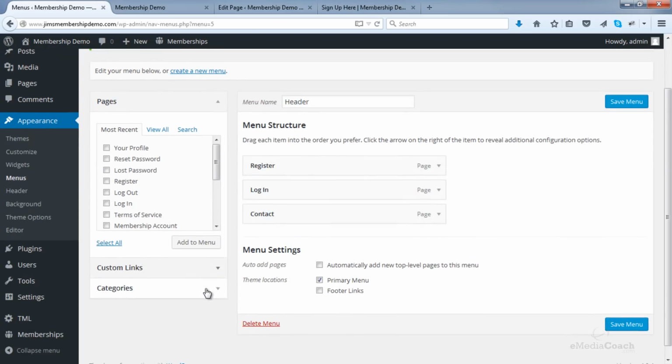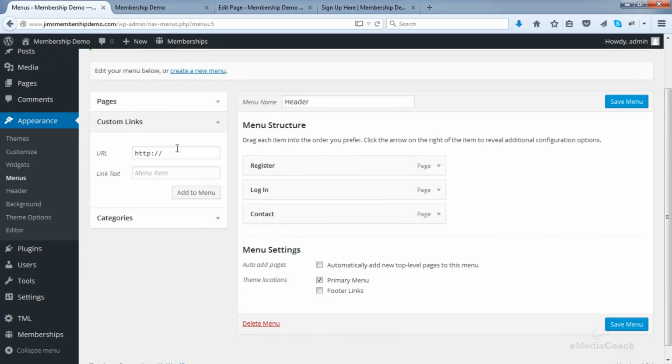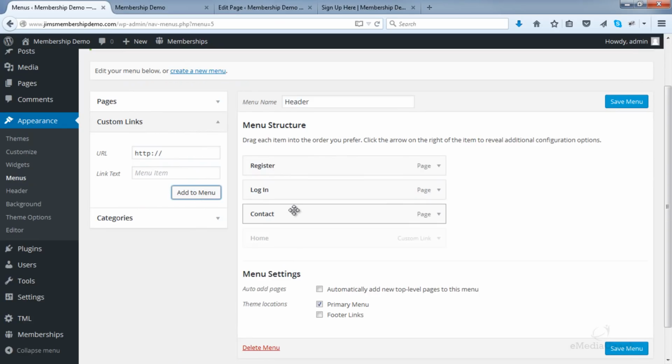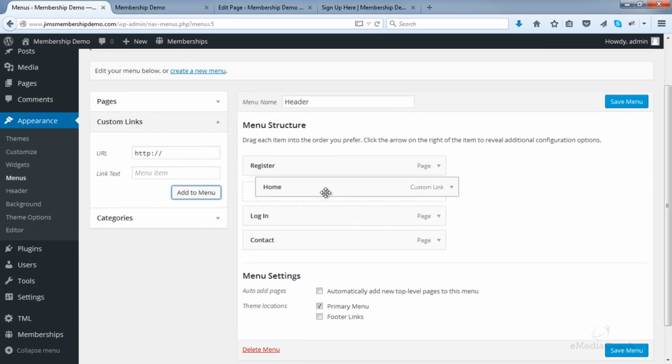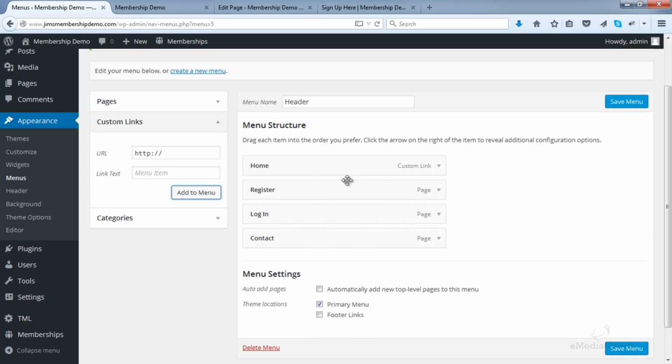Another thing you can do is you can actually create a custom link. So say you wanted to have a home link so that they can visit the home page very easily. You can add that to menu. And the way you can rearrange items is just by dragging and dropping like you see here.